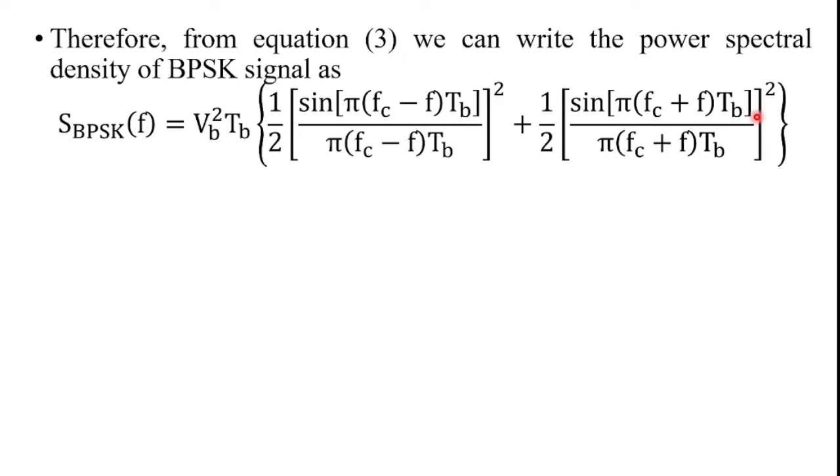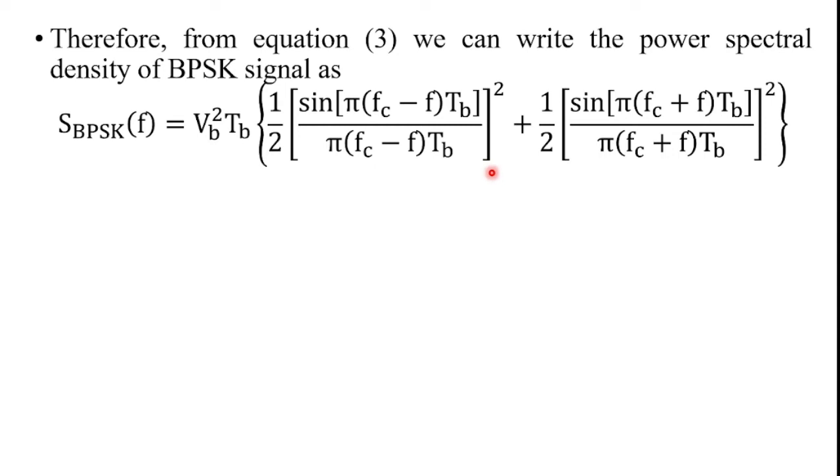Once again, due to the modulation of the carrier frequency, Fc is the carrier frequency. Now here the spectral components are translated to Fc plus F and Fc minus F. So using the spectral components of the translated frequencies and equation 3, the magnitude response of the components is divided by 2, half. So therefore that equation 3 can be written in this form.